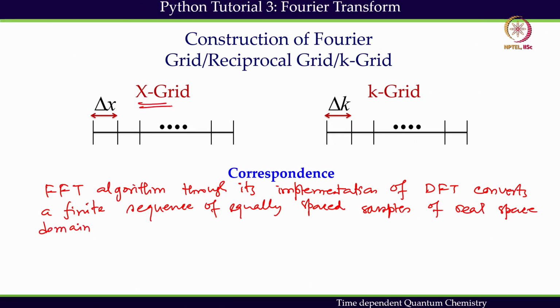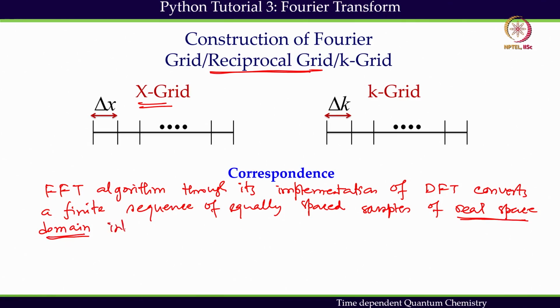So, often this X position grid or position space is called the real space, and the momentum space is called reciprocal space. These are the common terminologies which we use in the Fourier transform problem. So, what you are seeing is that this FFT algorithm is going to convert the equally spaced samples of real space domain